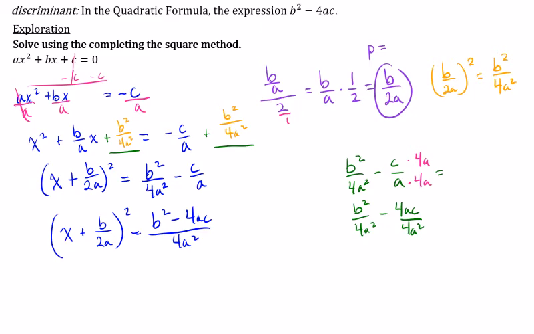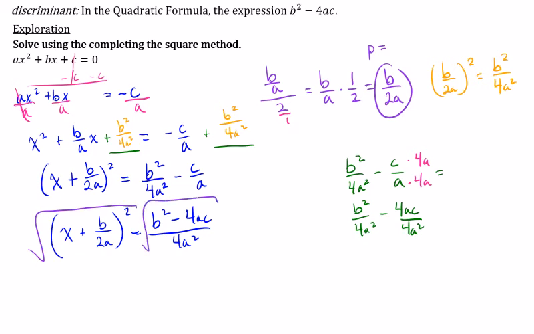Now this is kind of the reason for why the vertex is negative b over 2a, because that's what makes this equal 0, right? If x is negative b over 2a. And so anyway, that kind of gives you where that formula comes from, or at least one way to think of it. All right, so what I'm going to do now is take the square root of both sides,